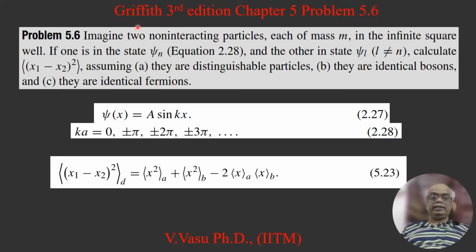Today we will solve problem 5.6 of Griffiths' third edition, Introduction to Quantum Mechanics. The problem is: imagine two non-interacting particles, each of mass m, in the infinite square well. If one is in the state psi n, equation 2.28, and the other is in the state psi l, where l is not equal to n, calculate the expectation value of (x1 minus x2) whole squared,